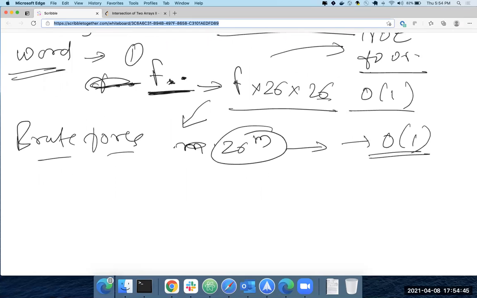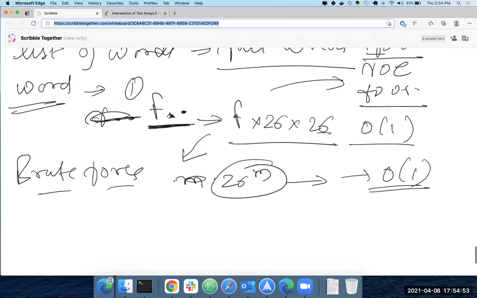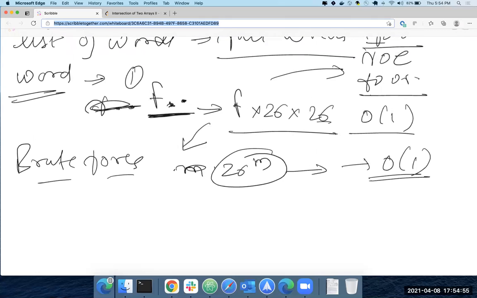What about the opposite way? If I put the dictionary into a set. We already put this into a set.